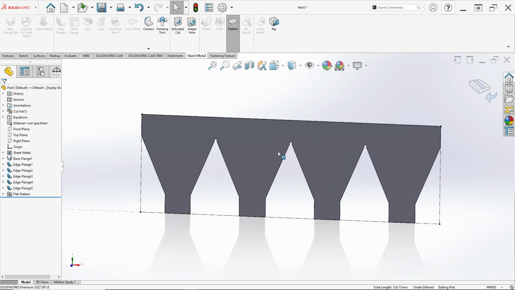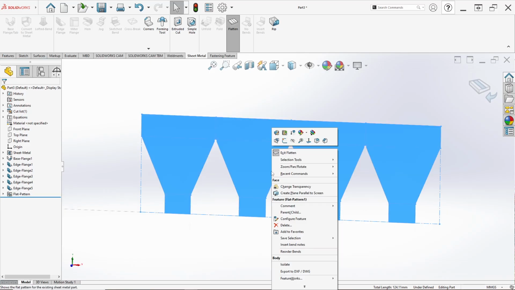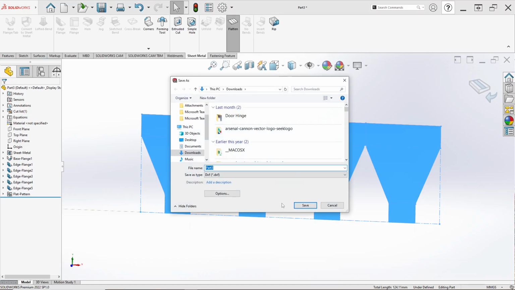We can also right click on the flatten face and just click export in DXF or DWG in here. We can save. Maybe the part name is sheet metal hopper like this, and just click save.